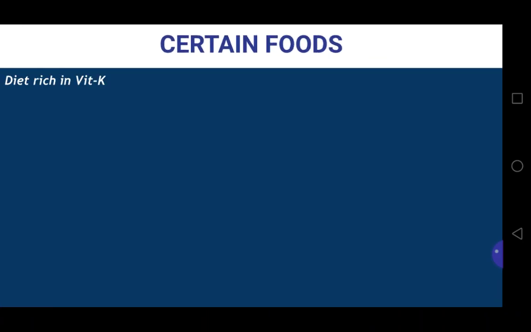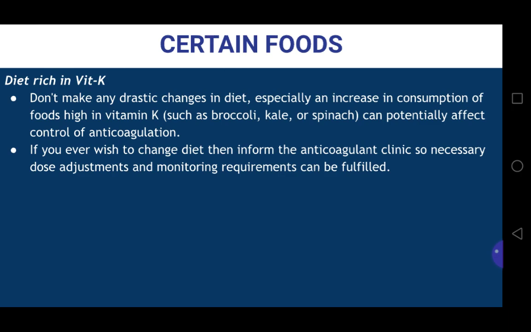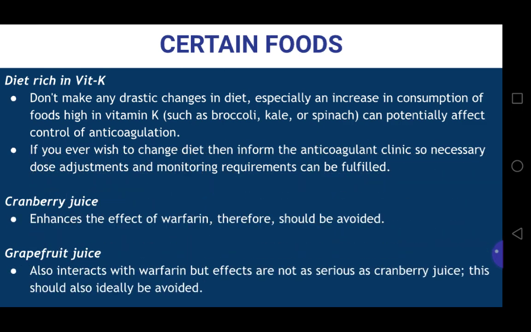Certain foods, for example, diet rich in vitamin K. Advise the patient don't make any big changes in diet, especially an increase in consumption of foods rich in vitamin K, such as broccoli, kale, and or spinach. These can potentially affect control of anticoagulation. And if you ever wish to make such changes, inform the anticoagulant clinic so necessary dose adjustment and monitoring requirements can be fulfilled. Cranberry juice enhances the effect of warfarin, therefore should be avoided, and grapefruit juice should also be